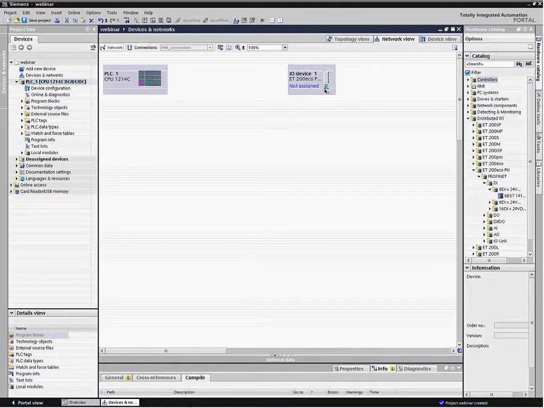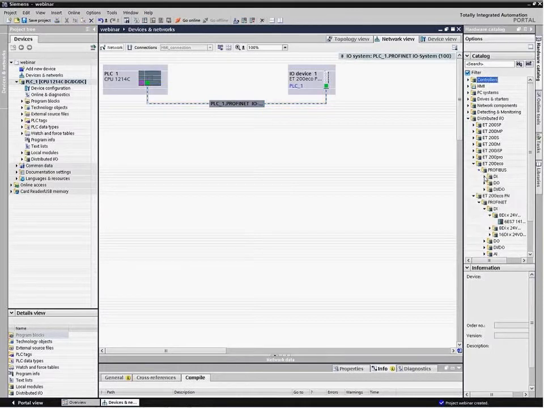How do we do that? We just put that little green port and drag to the Profinet port of the PLC, and now I've actually configured my distributed I/O. I do the same thing with Profibus. So in other words, if I wanted to actually look at the type of I/O module, but in a Profibus version,